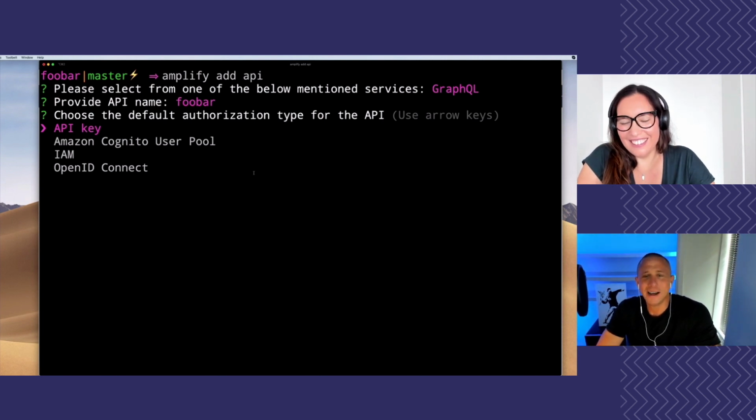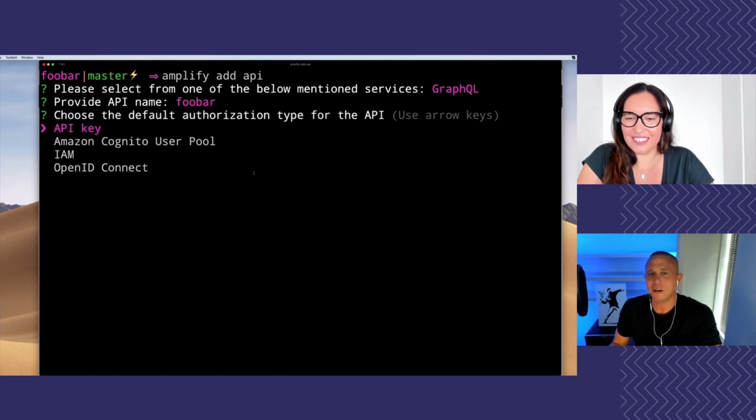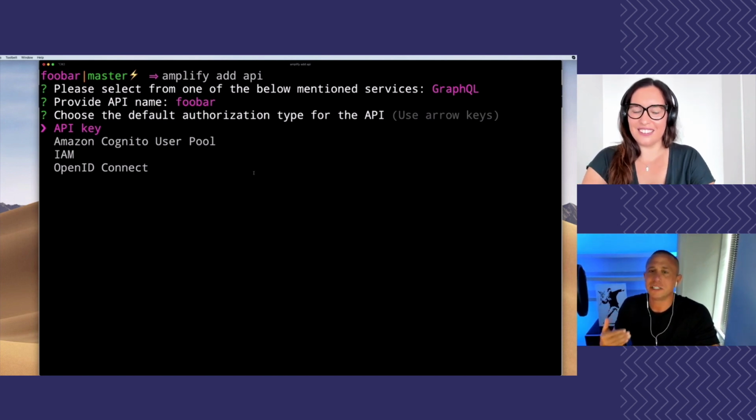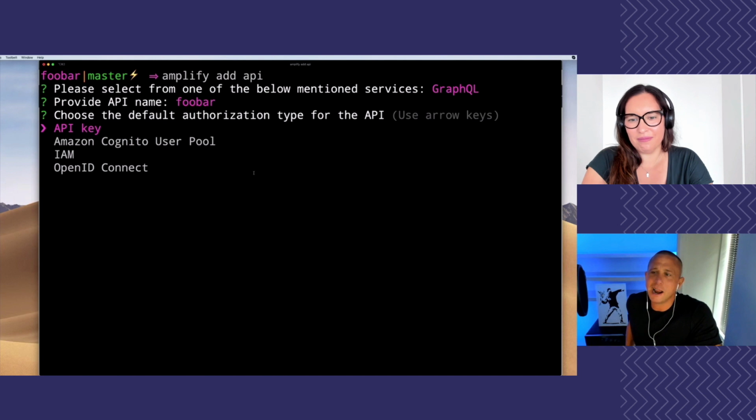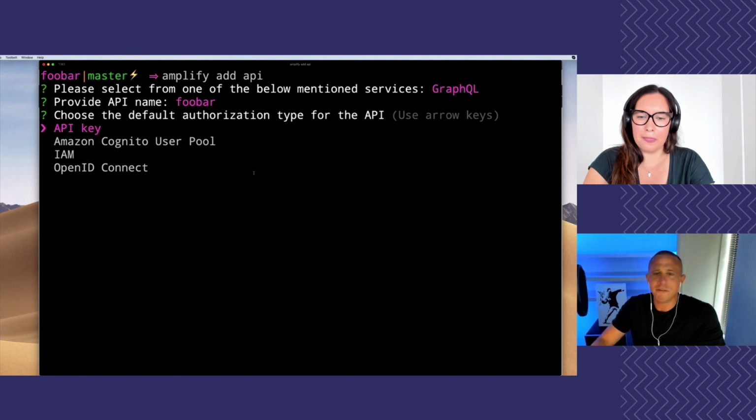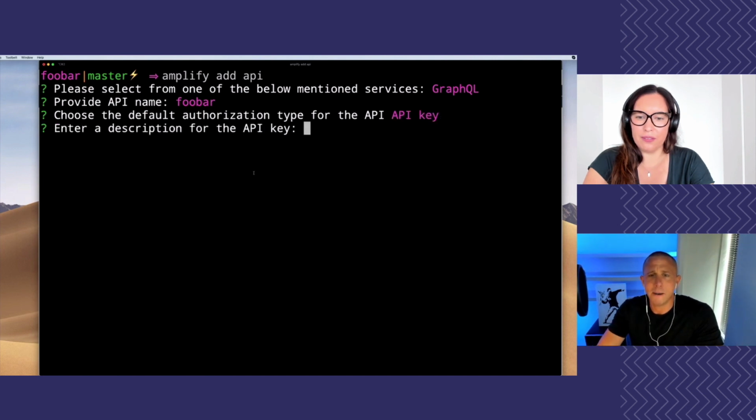And then we have the default authorization type. With AppSync, you can have multiple authorization types, and you have a default, and additional authorization types built on top of that default. What this means is if you're calling this from a client application and you don't specify the authorization type, it's just going to fall back to this default, which allows you to have public access and private access, similar to that use case of Instagram or Twitter that we were talking about earlier. So for the default, I'll just choose public,